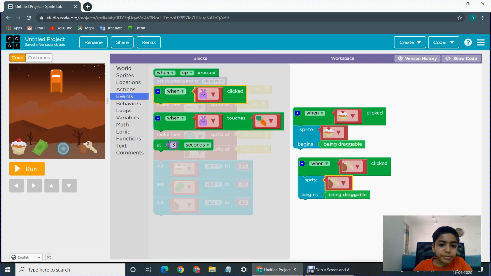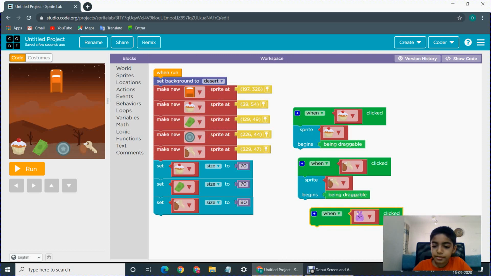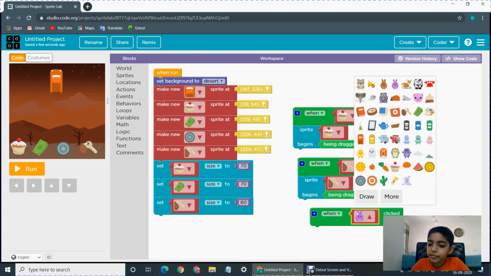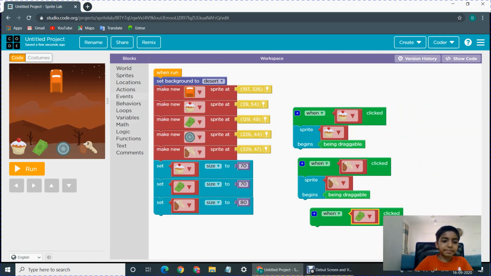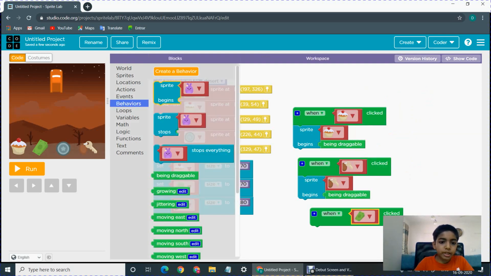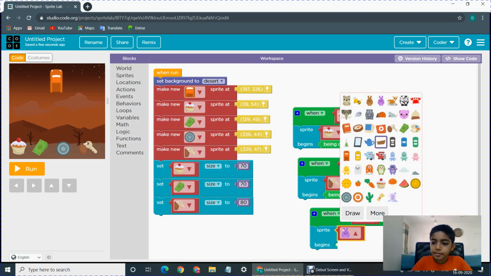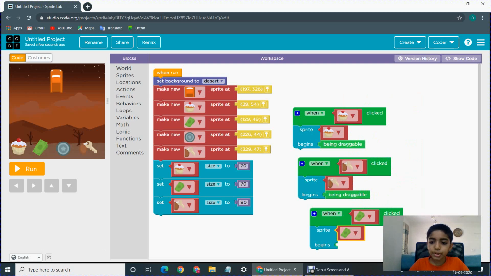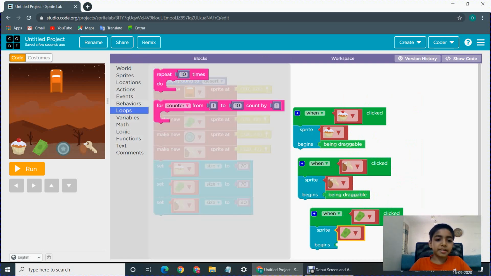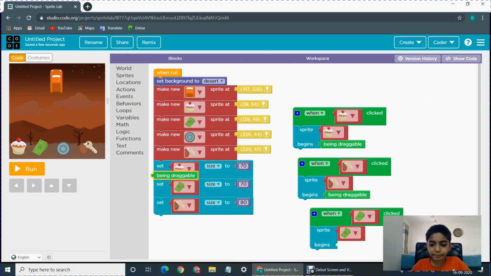So we continue doing like that. So then we are going to test our app. And another sprite we have as money. Then we go to behaviors. This sprite begins being draggable. So this is the thing we are going to do today.